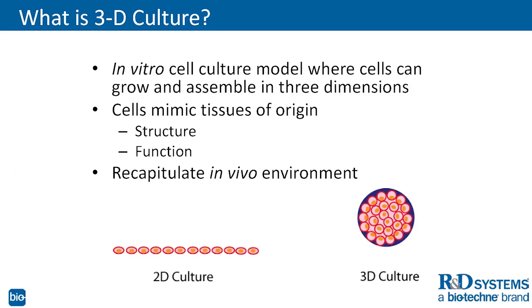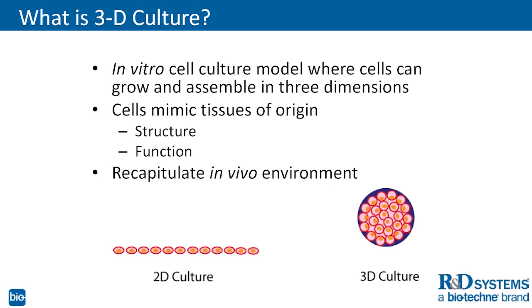We're getting ready to talk about spheroids and about 3D culture, so it's good to first establish what 3D culture is. Basically, 3D cultures are in vitro cell culture models where cells can grow and assemble in 3 dimensions. As we can see here at the bottom of the page, we have our 2D culture, which is basically a flat monolayer. And we can envision this growing in X and Y dimensions, whereas